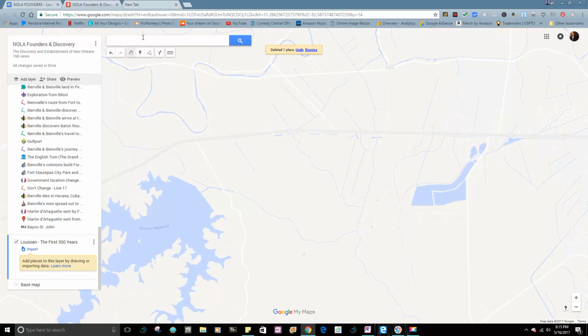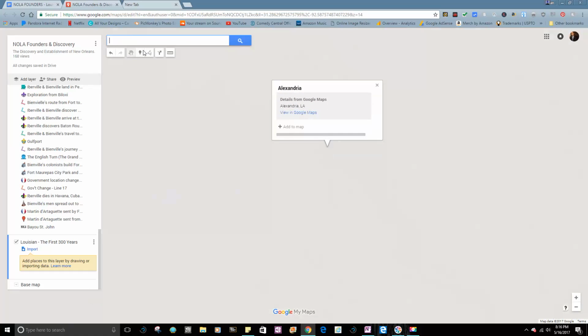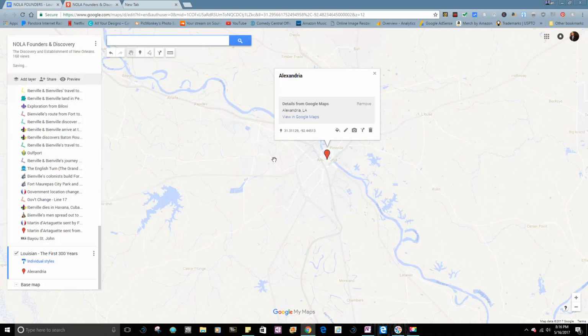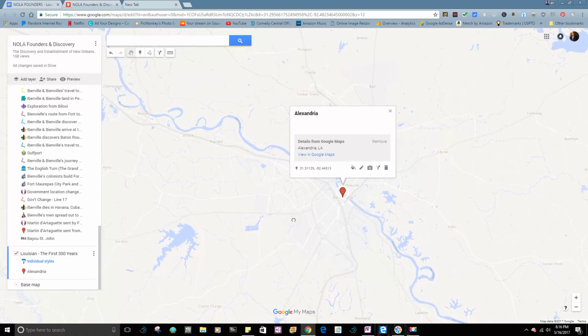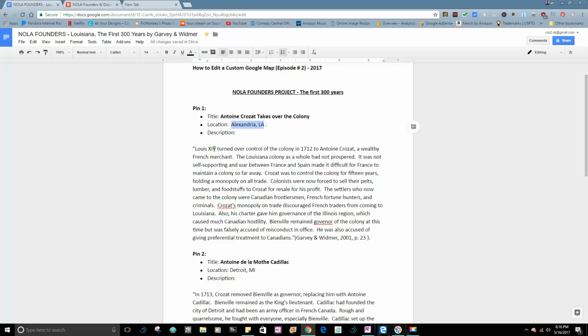The best way to do it is to go into the search bar and type in Alexandria. Once it gets there, you want to click add to map. It won't stay on the map until you click add to map. Go right on over to your Google Docs, get the title,